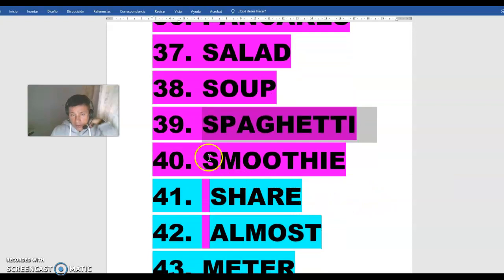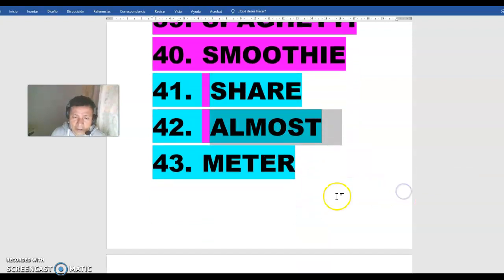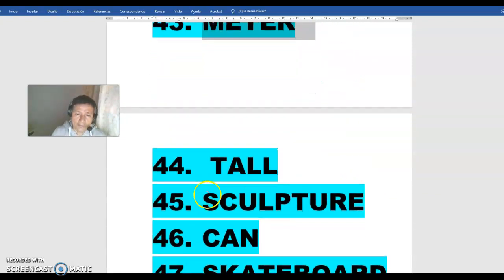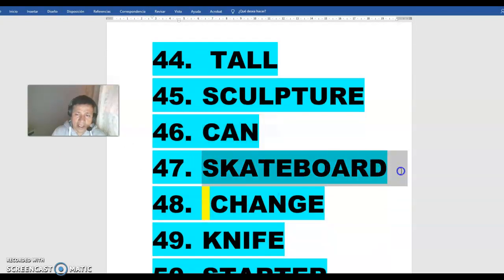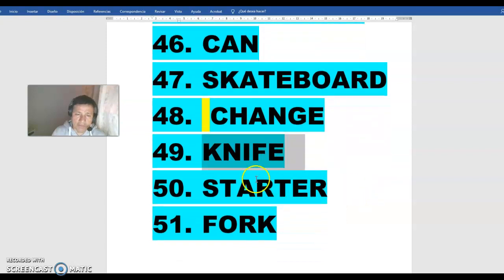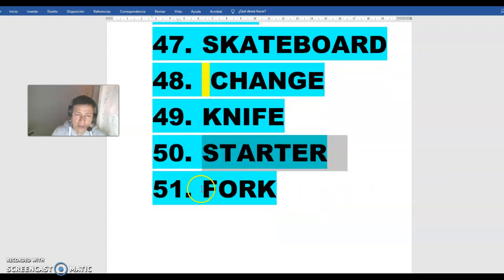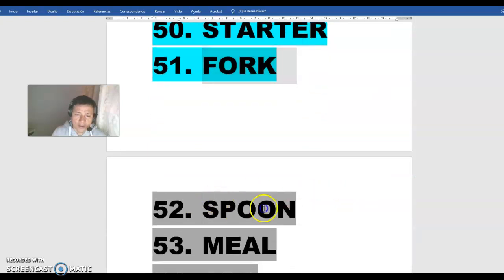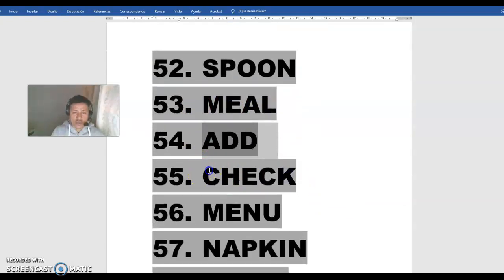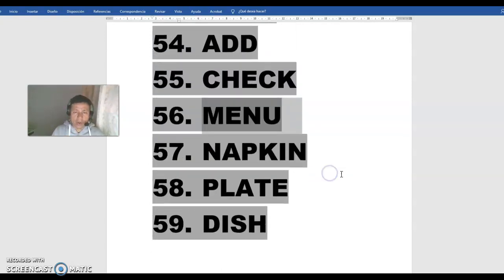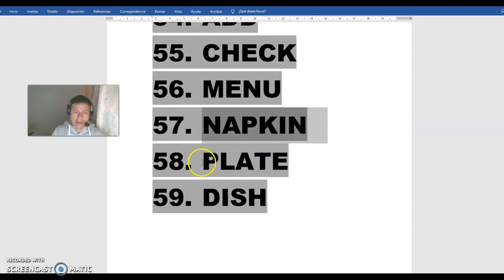Spaghetti, smooth, share, almost, meter, tall, sculpture, can, skateboard, change, knife, start, fork, spoon, mill, add, check, menu, napkin, plate,